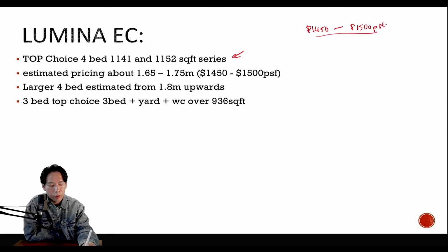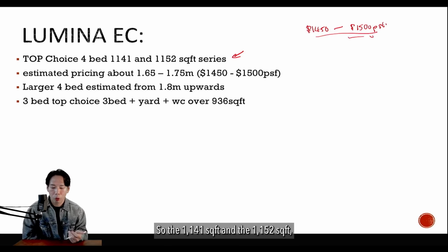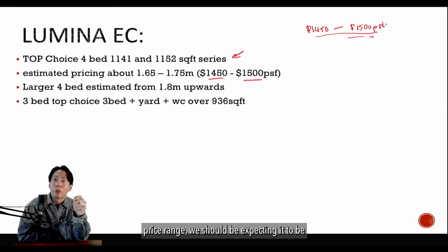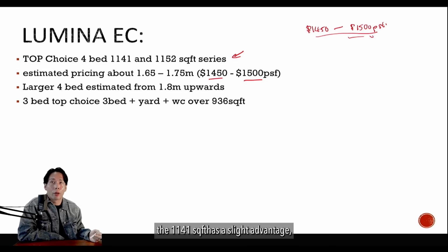per square foot. Okay, based on what has been transacting around the area, based on the developer's cost price, and so on and so forth. So the 1141 square feet and the 1152 square feet, if we're looking at a 1450 to $1,500 per square foot price range, we should be expecting it to be about 1.65 to 1.75 million onwards. Between 1141 and 1152 square feet, of course the 1141 square feet has a slight advantage, but there's